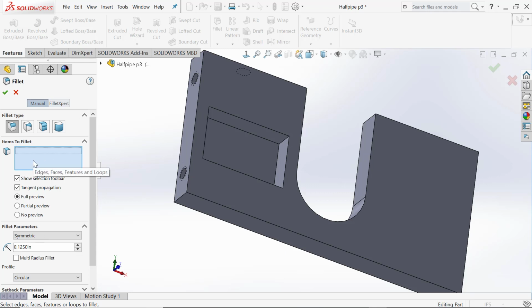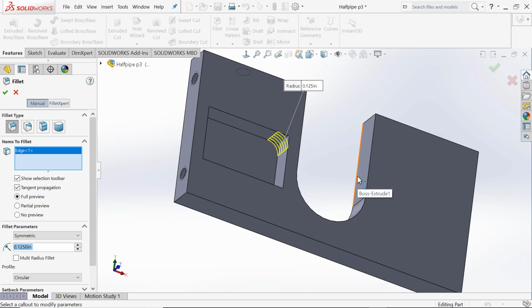When this is selected, if we click on an edge, like that little line right there, it will, oh wait, one other thing, I'm sorry, I almost forgot. Be sure you choose full preview. Underneath the blue box, be sure you choose full preview. It defaults to no preview or partial preview, I forget which. Maybe some computers can't handle it. I don't know, but I like full preview because you can see what you're doing. So if you were to now click into this inside edge only, that one little line there,